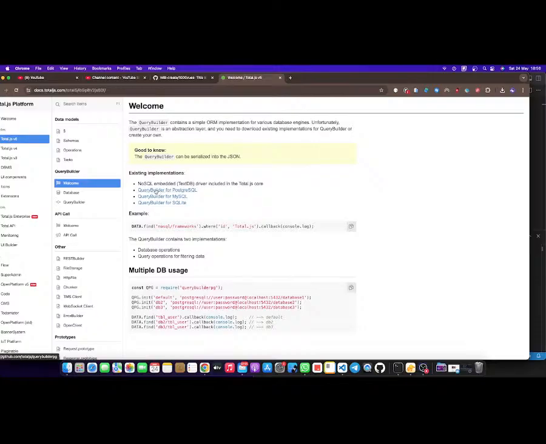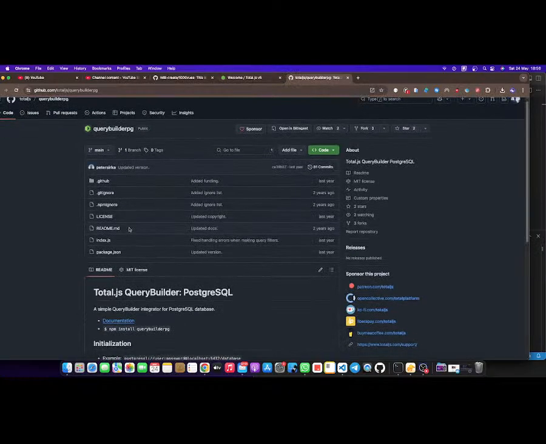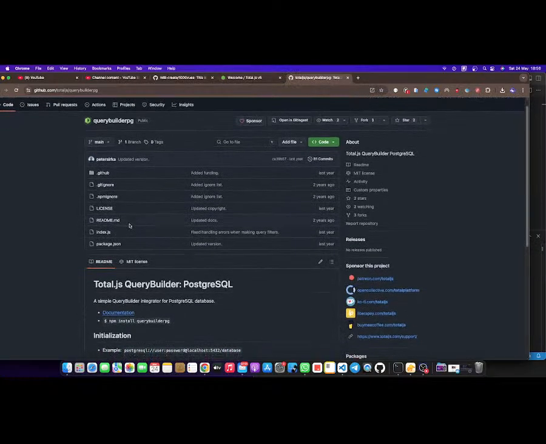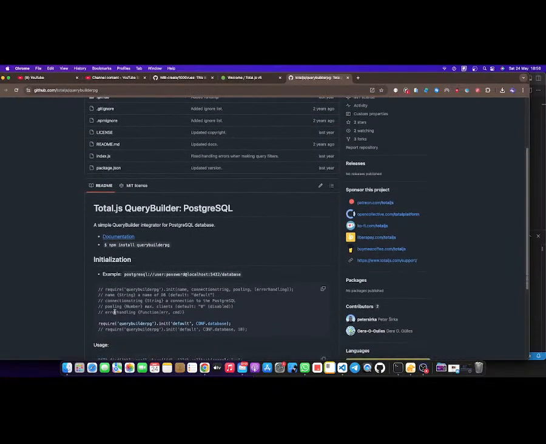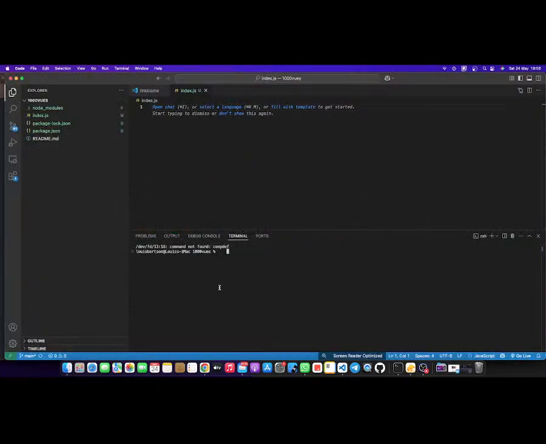In this project we are using PostgreSQL. So I'm going to click on Postgre, and it's showing this library. Everything is here. So I'm going to set up this project. First of all, we need to install it. Okay, so let me get back to here. npm install